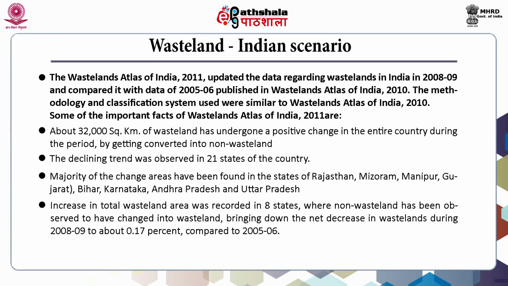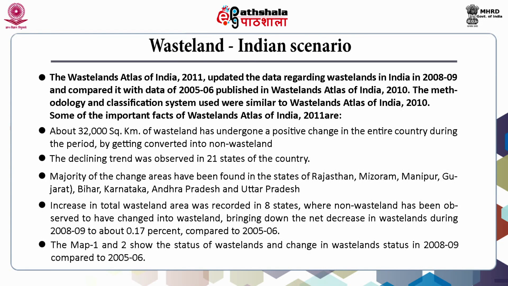An increase in total wasteland area was recorded in 8 states where non-wasteland has been observed to have changed into wasteland, bringing down the net decrease in wastelands during 2008-9 to 0.17% compared to 2005-6. Maps 1 and 2 show the status of wasteland and the change in wasteland status in 2008-9 compared to the